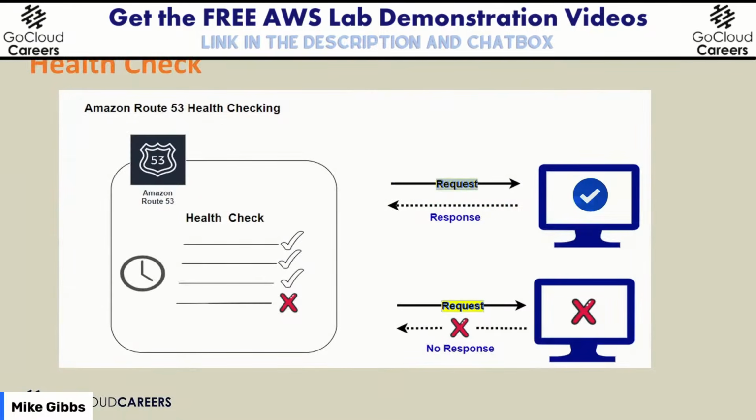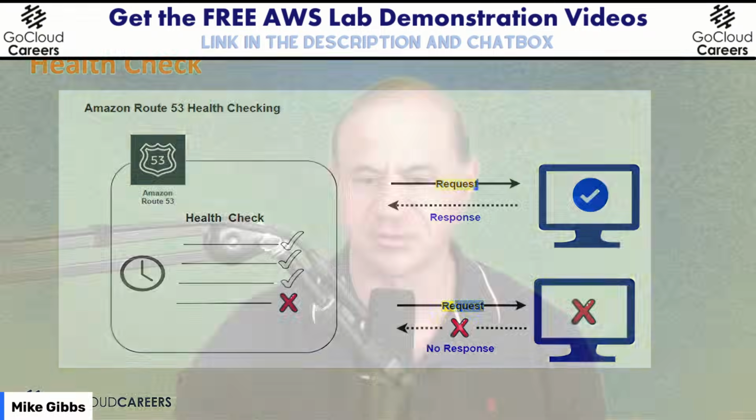So I mentioned health checks. Another example graphic that we pretty much have set up is here. You can say you've got two systems. The first one saying, are you there? The server responds. The next one is there, and it doesn't respond. So it gets marked as unhealthy, and it gets removed from the rotation.